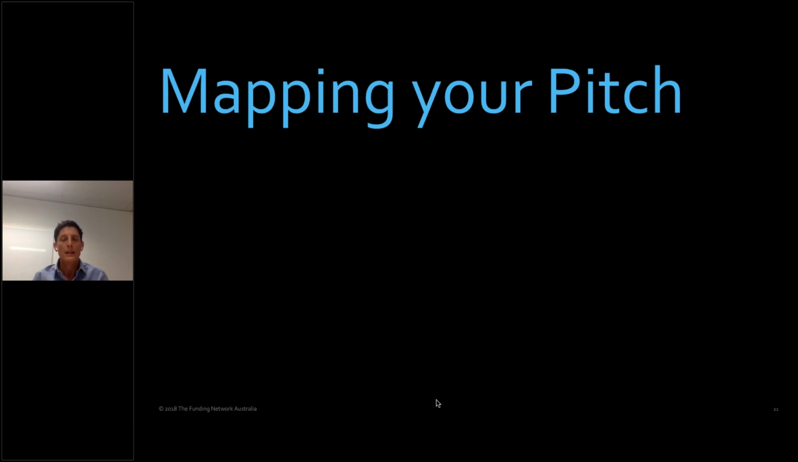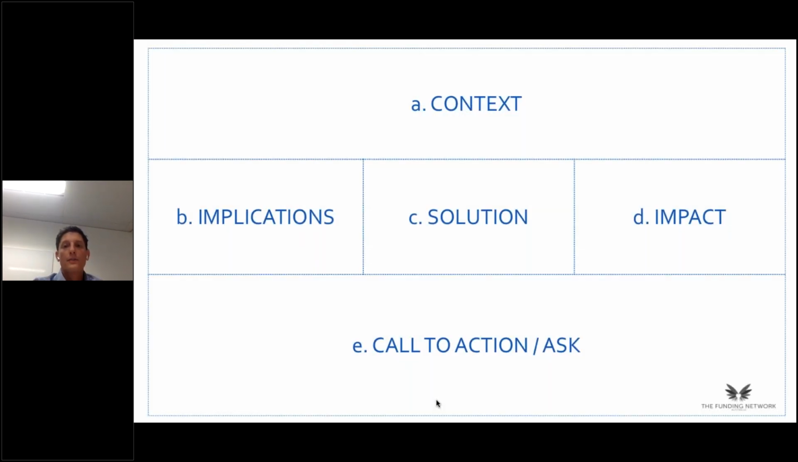But what it hopefully will do is give you a bit of a structure into which you can plot elements of your value proposition and elements of your pitch, and then you can pepper the structure itself with stories that are particular to your organization. It's a 5-step map that we use when we're working on our pitch coaching sessions for all the people that pitch at our events. And it breaks down into context, implications, solution, impact, and then the call to action or the ask. So I'd like to go through each one of these in turn and just give you an idea of